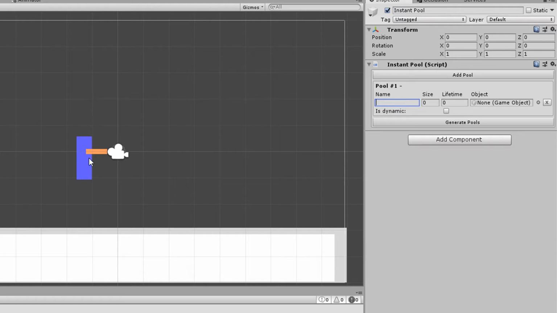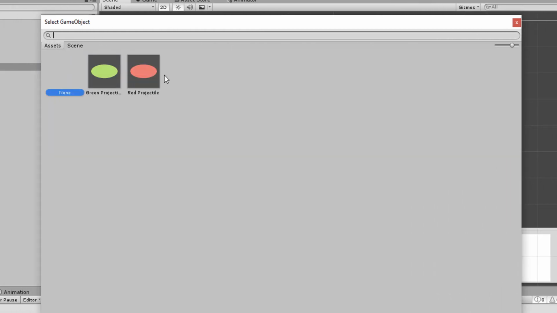Since this little character over here has to shoot red projectiles, as its name I will just use red projectile. And the size is basically the size of the pool. We can have, for example, 6. With a lifetime of 2 seconds, so after 2 seconds the bullet will be destroyed, and the object, which is basically the prefab of what we want to add in the pool. Since we want to shoot red bullets, or red projectiles, however you want to call them, there's a red projectile